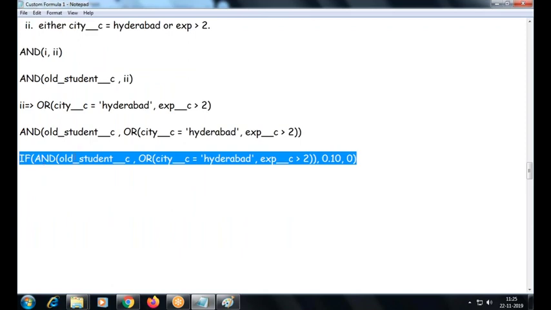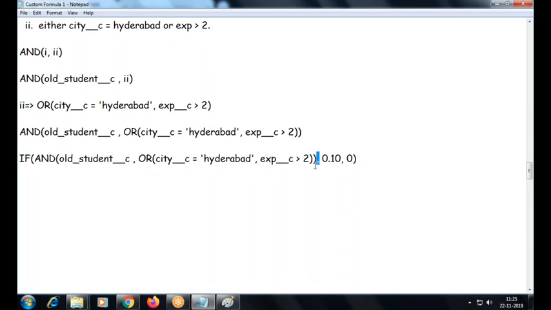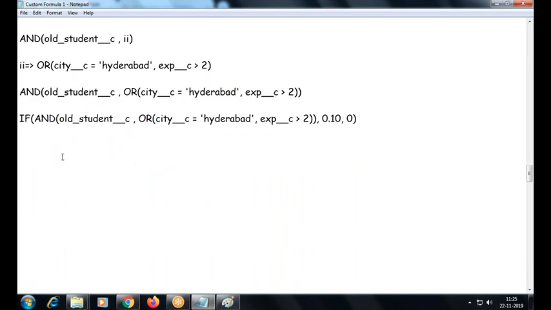If you try to build directly in the formula editor, what will happen? You may get a lot of syntax errors, closing the loop, selecting the field, and building the formula. Most of the time you spend more time correcting syntax errors in the formula editor if you go directly. So the best approach is